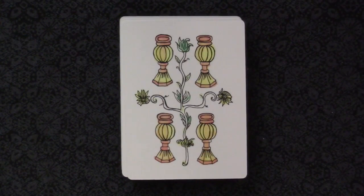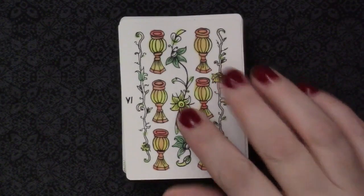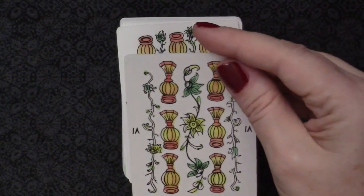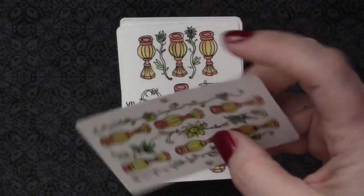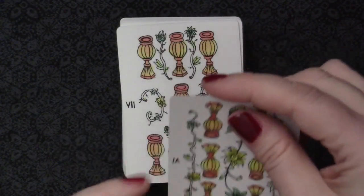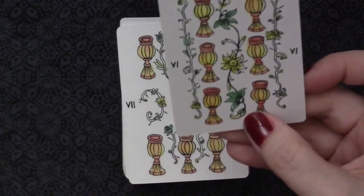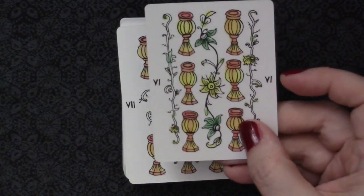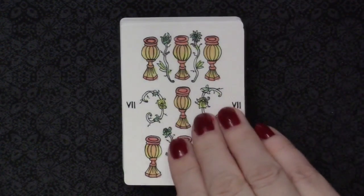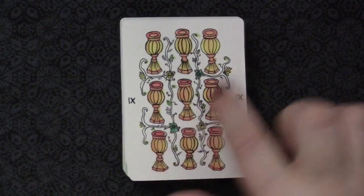Oops, I'm going to mix these up. 4, 5, 6. You can see they are numbered. So you would definitely be able to see if this was reversed, if you use reversals, because of the numbers being there and being in that position versus facing to the side. Sometimes they're facing sideways and then you wouldn't really, well, obviously the cups you would know, but these would be quite easy to tell if they were upside down or not. 7, 8, 9. I just love the